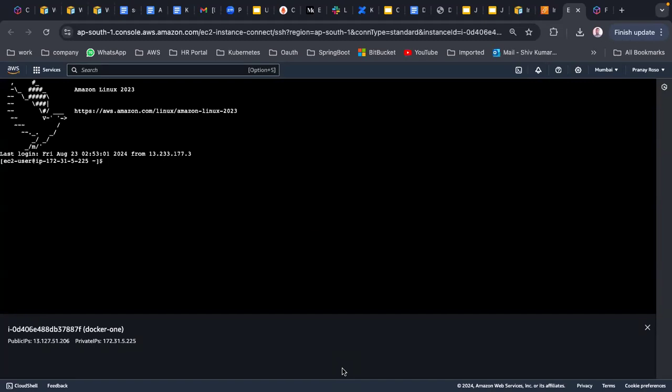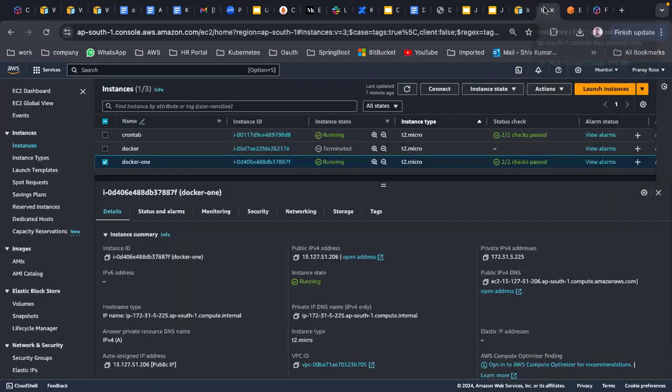EC2 instances, and here is my connect. Now after connect, I am getting another screen with the option of getting connected. I'm establishing connection. Docker. Connect is unavailable to connect to your instance. Ensure your instance network settings are configured. Okay, if you face that problem, what you need to do,